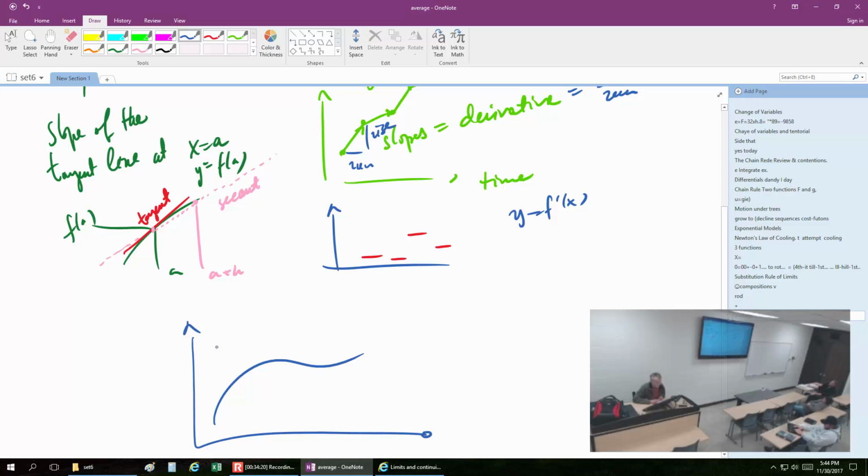Add a bunch of secant lines. Well, the thing is, you need a bunch of secant lines only when you're planning to have infinitely many of them and then take the limit of them. If all you need is one approximation, and nobody even requires you to do any particular quality, you don't even have to estimate how good it is, then you pick any secant line. Any secant line will do,